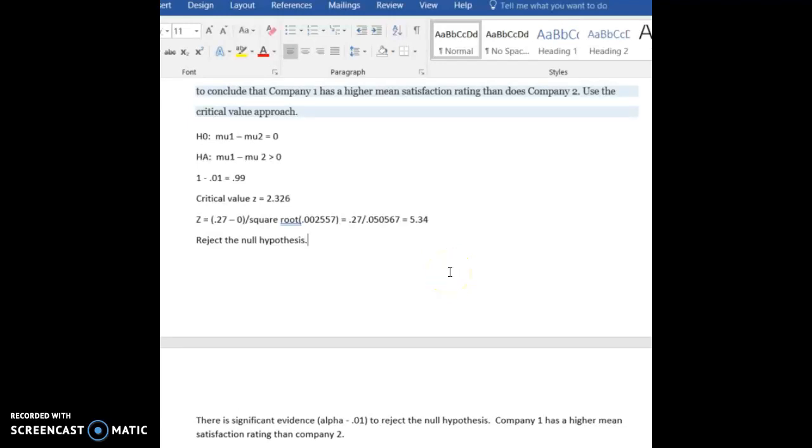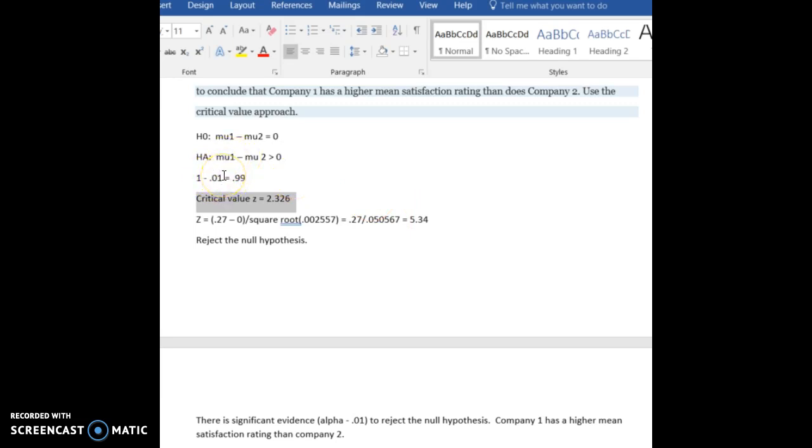All right, so we're going to take what we did in example 2, and now we're going to perform the same hypothesis test, but using our p-value method. Now, if we were using that method from the very top, rather than already having this information done, we would not have looked up this critical value. We would have instead simply done our test statistic and got 5.34 and compared our p-value to the 0.01 that